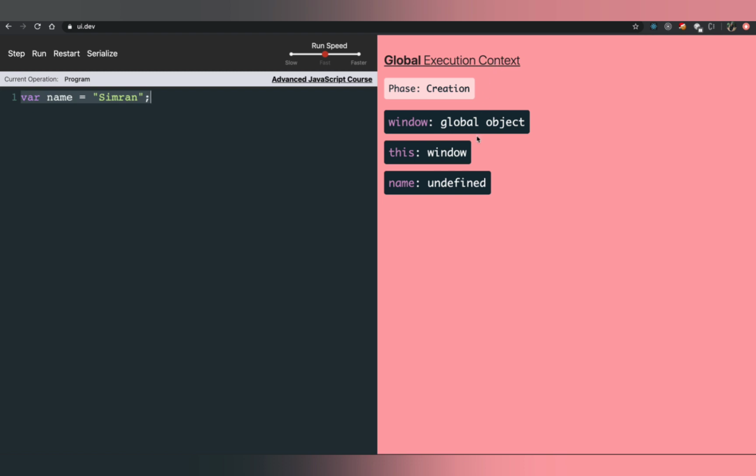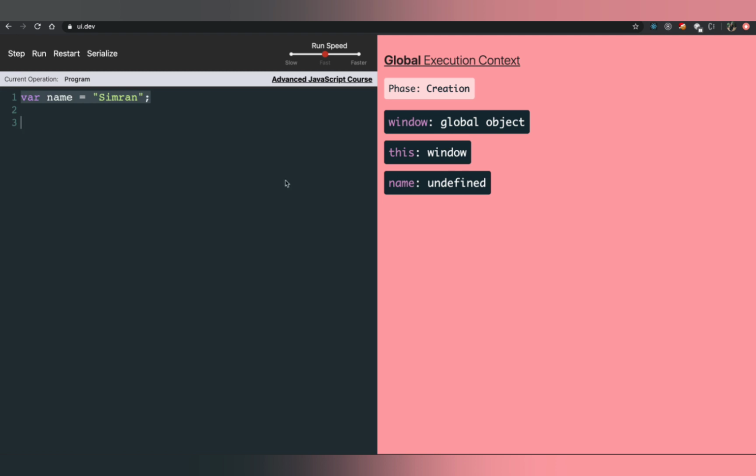And why is that? We know that global variables are accessible throughout the execution of your program. And how is that possible? Because it is inside the global execution context, right? Global execution context is available to us throughout the execution. So everything that is global is put inside of your global execution context. So this is one thing, right?